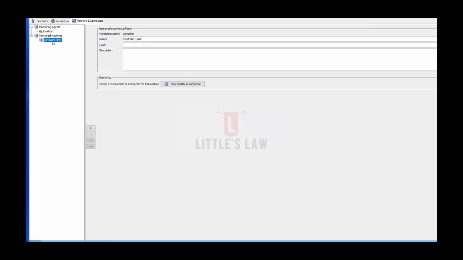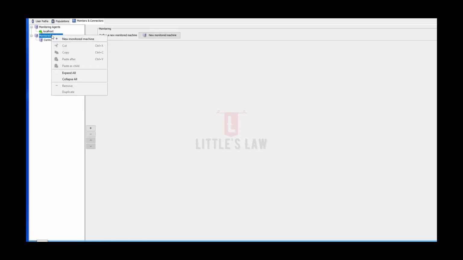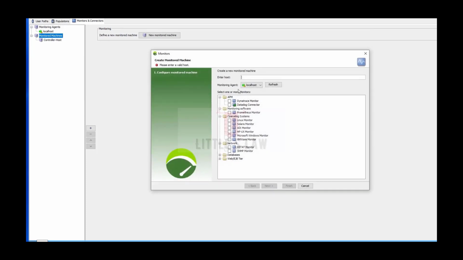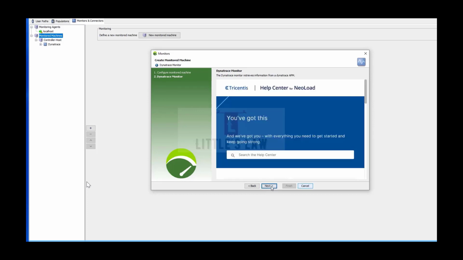Once you click on apply, now we will connect the monitor. For that we'll have to click on the monitors, and then select the APM Dynatrace monitor under the monitor machine. So once you right click on the monitor machines and select new monitors, this create monitoring machine dialog box will open, and we'll have to choose the Dynatrace monitor under the APM, which is application performance monitoring. And once we select it, we'll click next, and then we will get the list of